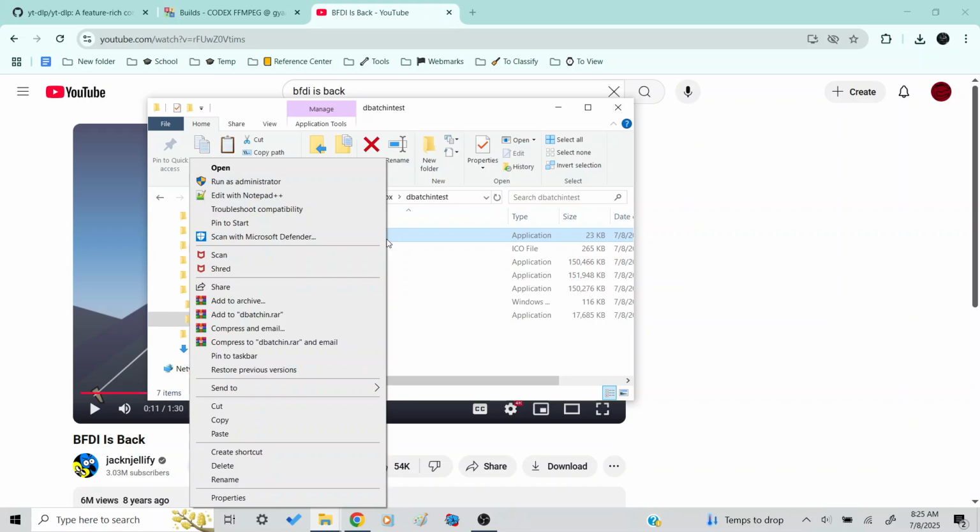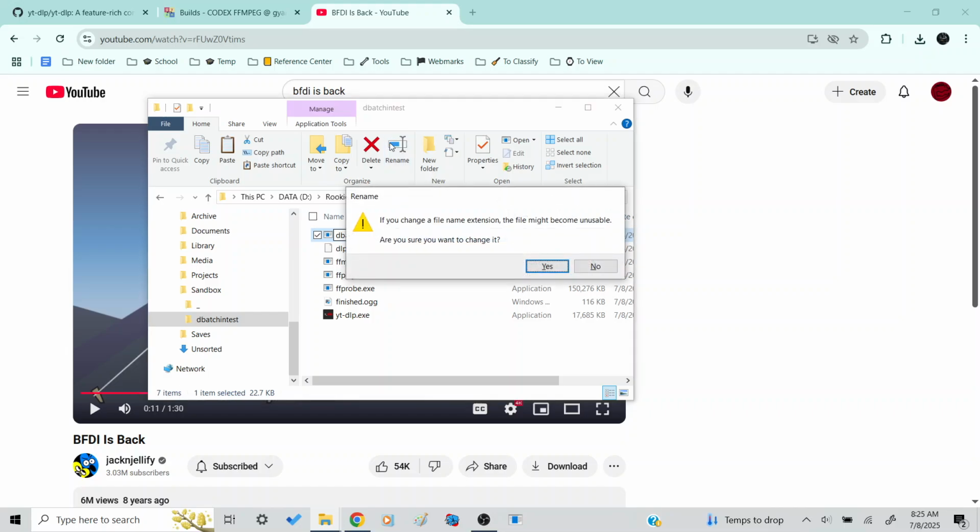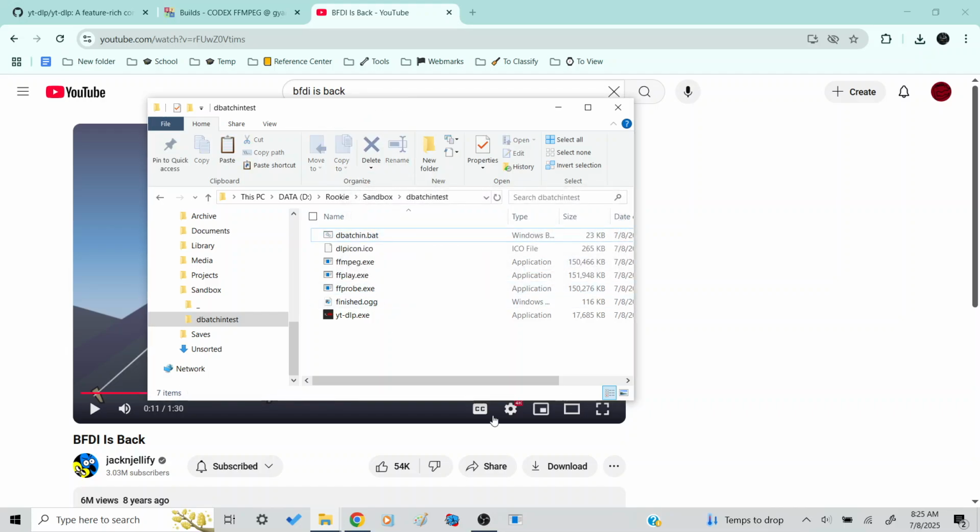We're going to right-click this, and we're going to pin this to the taskbar. So click this option right here. Now you have a shortcut that directs to d-batchin.exe, but we want to point this to d-batchin.bat. So we're going to change this right here to d-batchin.bat. Right-click the shortcut, right-click the application,